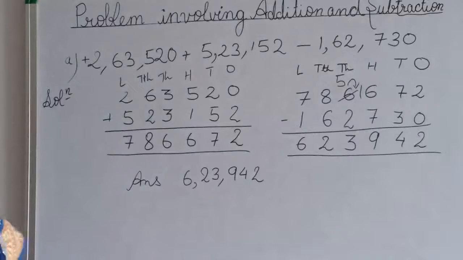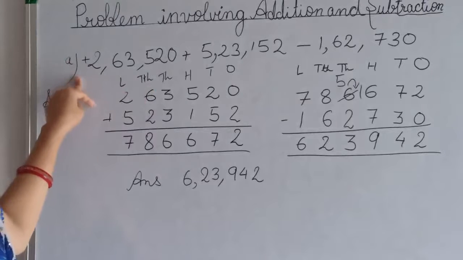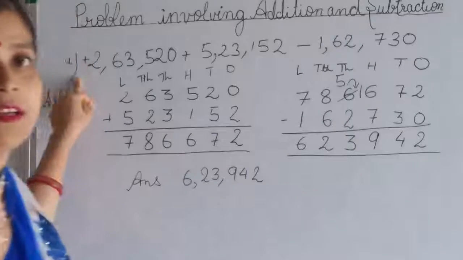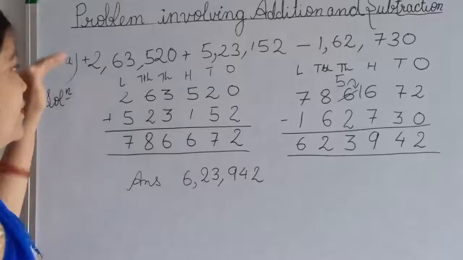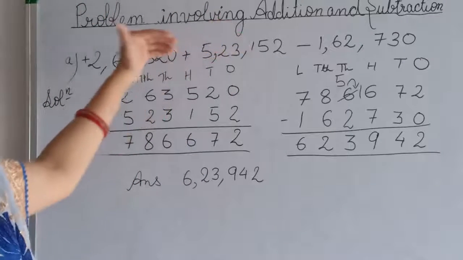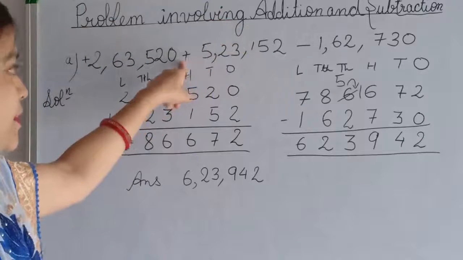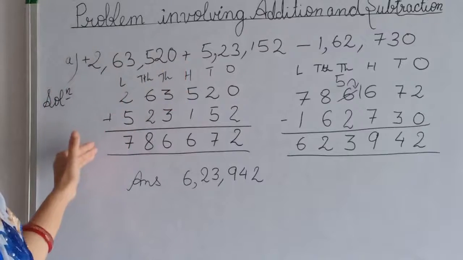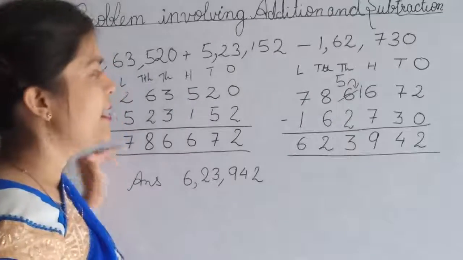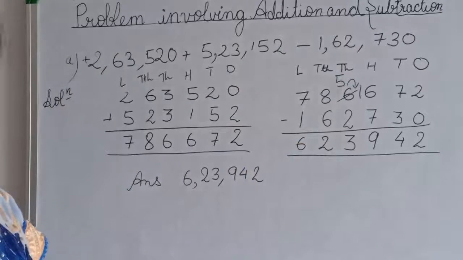So what we have done, first I have written a plus sign here. If no sign is given, that means there is a plus sign, and we have to add the numbers before which there is a plus sign. Okay, we will add all those numbers before which there is a plus sign. So I have added these two numbers together. Before this there is a plus sign, and before this number also there is a plus sign. So we have added these two numbers. And from the sum I got, I have subtracted the third number and then we get the answer. It is very simple.